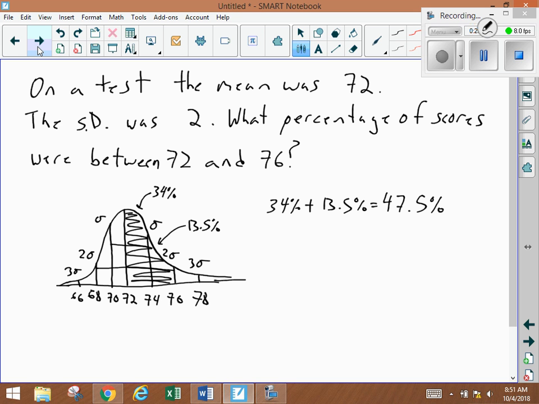So let's find the z-score for a student who got